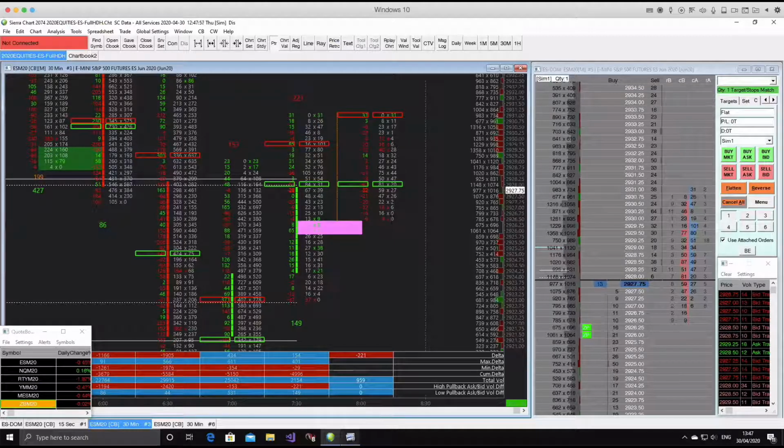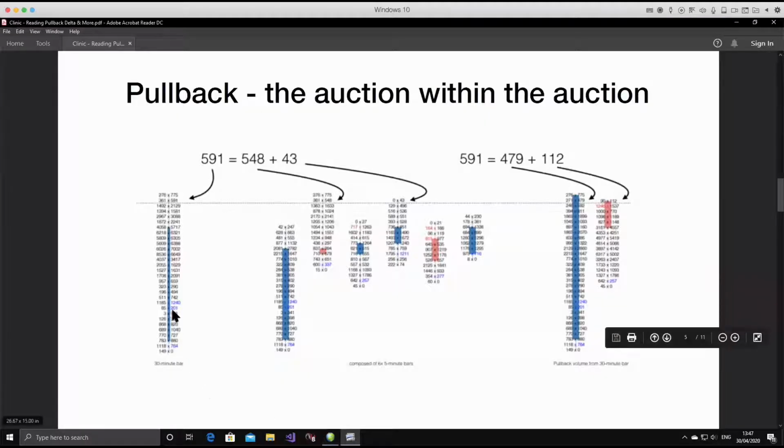So I like to illustrate this by saying if we've got a 30-minute bar, we can understand that the 30-minute bar is comprised of 6 5-minute bars or 3 10-minute bars or 4 7.5-minute bars. Doesn't matter, they're all arbitrary. But the volume that's accumulated within the 30-minute bar is the sum of the volume at each price level of the smaller